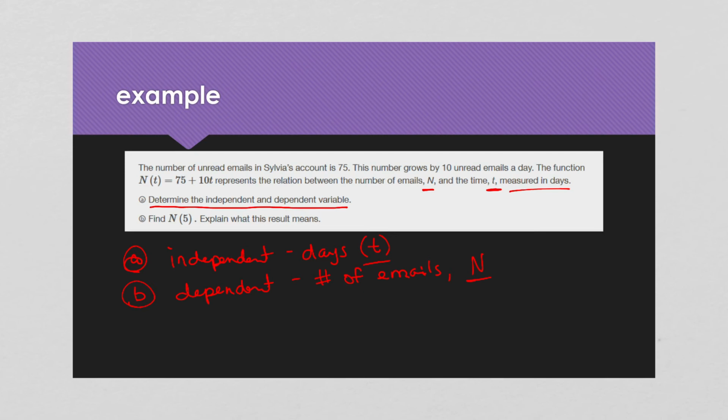Then on part B, oh, oops. I got a little ahead of myself on that. That was still part A. All right, so then on part B,